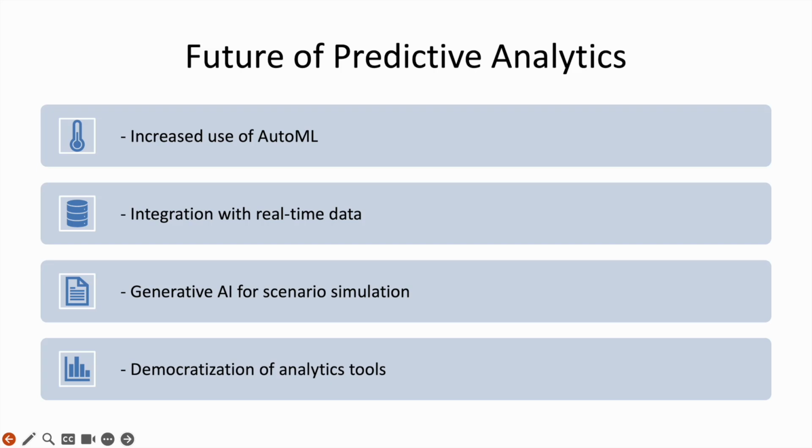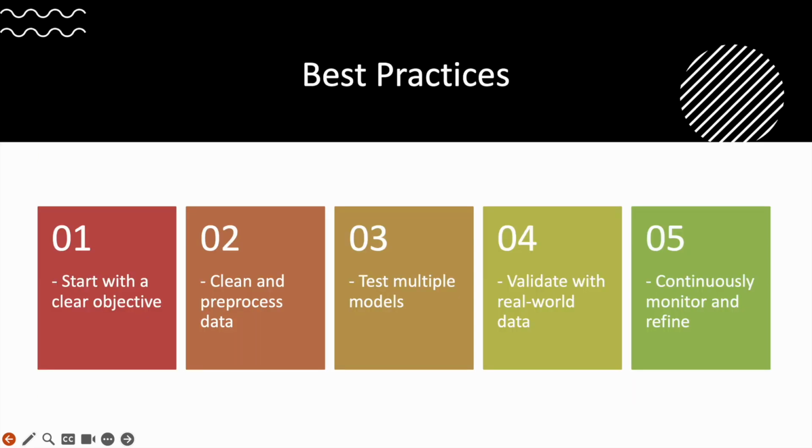Also, as AI and big data technologies evolve, predictive analytics will become even more sophisticated. So key advancements would include integration with AI and deep learning, more accurate and adaptive models, real-time analytics, meaning instant predictions using streaming data, explainable AI, transparent models that provide insights into decision-making processes, and then predictive maintenance, combining sensor data with predictive models for industries like manufacturing and logistics.